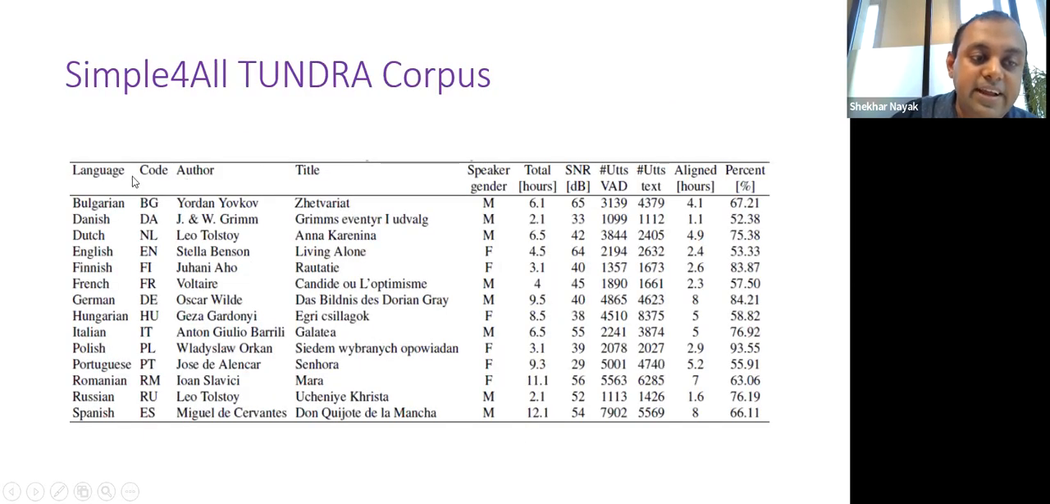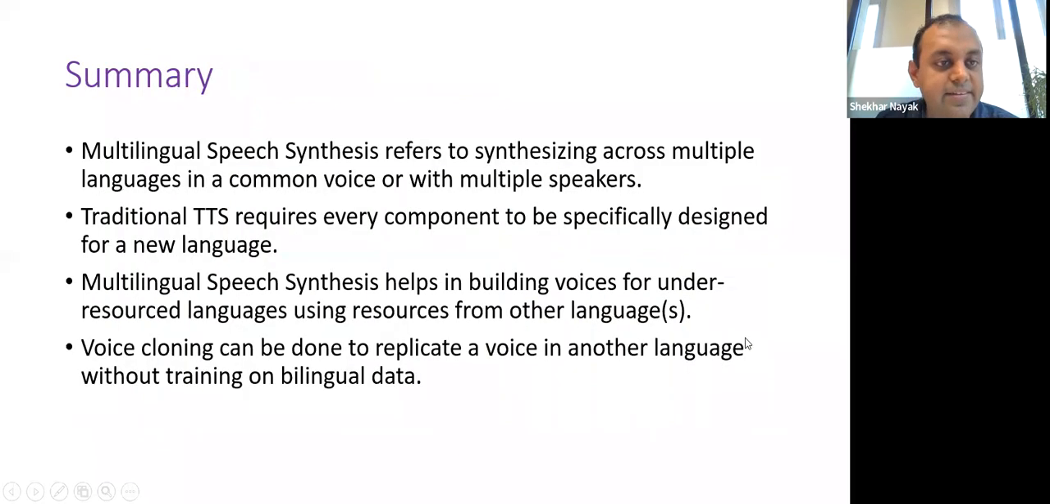So this is just an example: it has 14 European languages, and these are the audiobooks which were used to create this data set, and these are the number of hours of data and other statistics. So basically multilingual speech synthesis refers to synthesizing speech across multiple languages in a common voice or